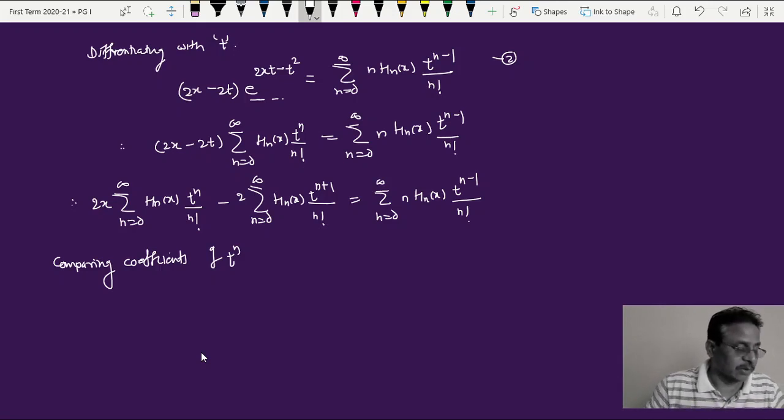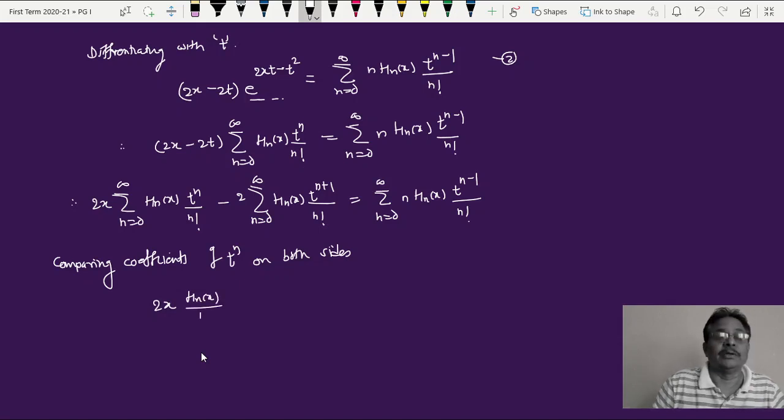Yes sir. Okay. Coefficient of t raised to n on both sides of the above equation. Now we can remove this summation over n equal to 0 to infinity. If this is removed, I'll get the left hand side as simply twice x into hn of x upon n factorial, minus, here I have to replace this n by n minus 1. So this is hn minus 1 of x, n minus 1 factorial, and here it is t raised to n. So I write here 2 hn minus 1 of x divided by n minus 1 factorial